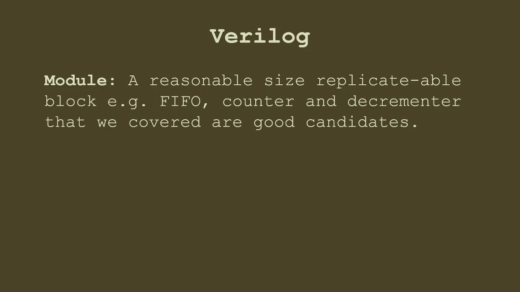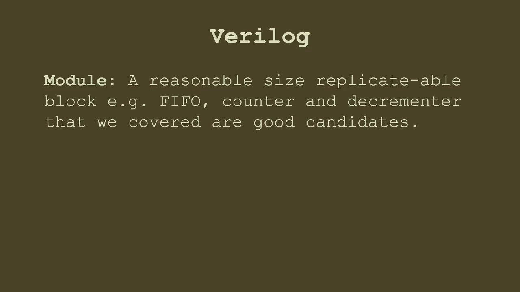In Verilog, a module is a reasonable size replicatable block. For example, whatever component that you think you'll need to use again, it's a good idea to make it a module. You can think of it just like if you design your logic on a breadboard and you use ICs. Those ICs are replicatable components. You can have many ICs of the same kind, and you can use them. Similarly, we can have a module and we can reuse it again and again. For example, in the last examples, the counter or decrementer or FIFO that we designed can be used as modules because they can be used in multiple